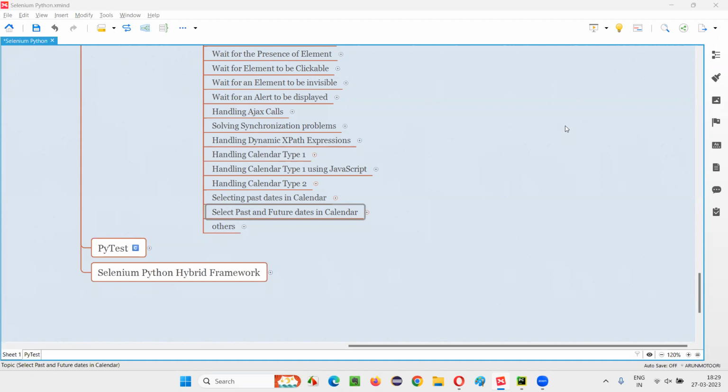In this session, as part of Selenium WebDriver, I am going to practically demonstrate how to select the past date or future date in calendar using a single program in Selenium Python. I am going to write a single program which is either going to select the past date or future date according to your needs. I don't have to write two separate programs that I have done earlier in the previous